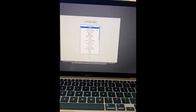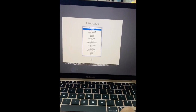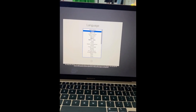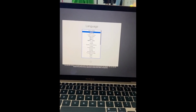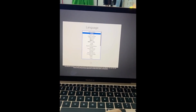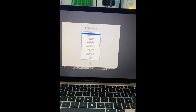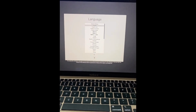So, okay, guys, I'm gonna show you how to set it up. So, you have to select the language first. To use British English as the main language. To use English as the main language, press the return key. Alright, I'm selecting the English. And then next is